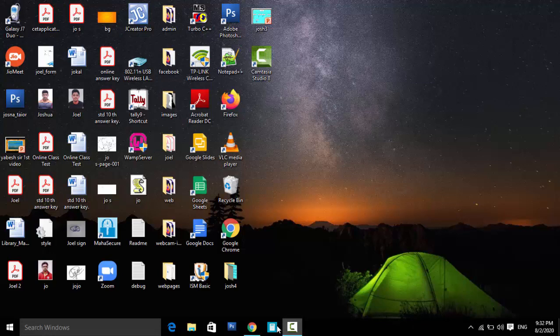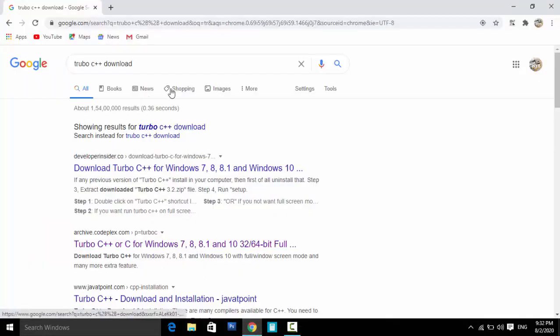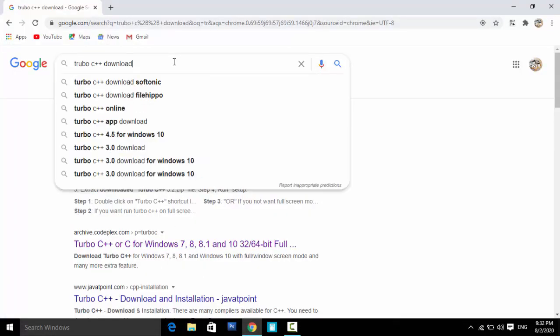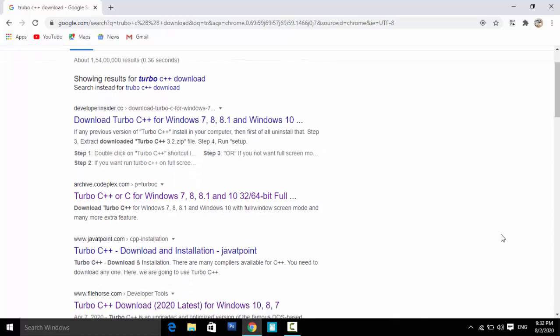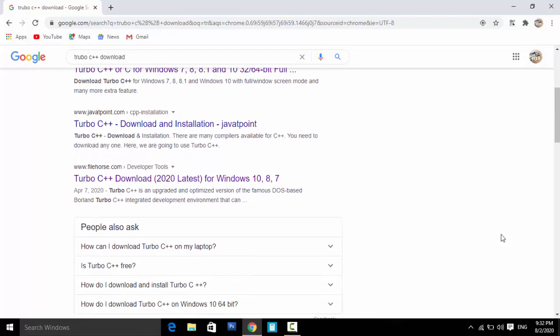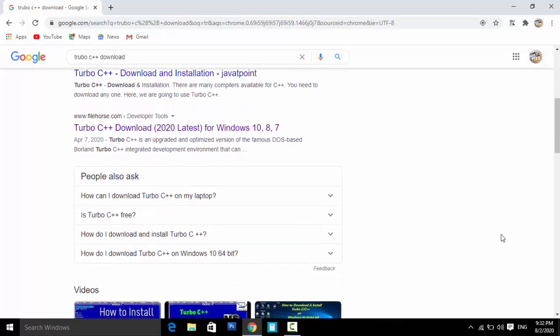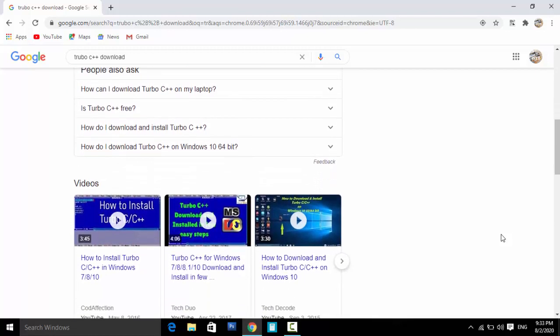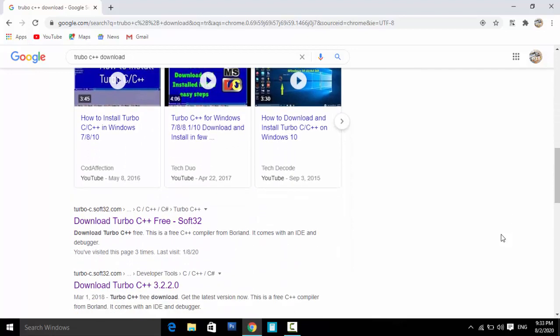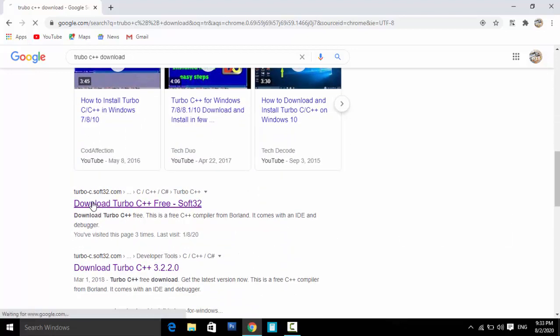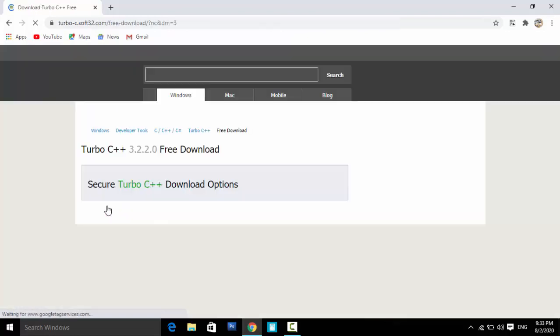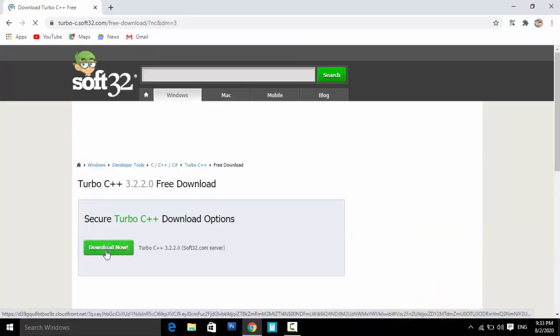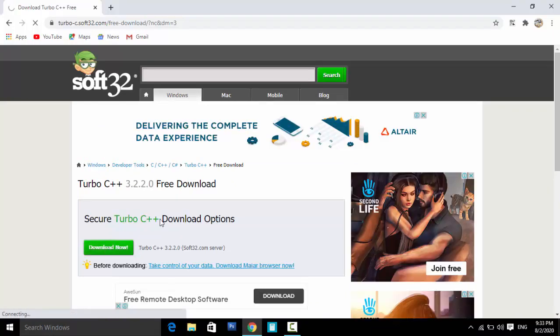So open your browser and click on the search bar and search Turbo C++ download. The link appears on the page. You have to download from the official site of Turbo C++, that is this one. The download option is available here. Click on download now. Then the next page opens